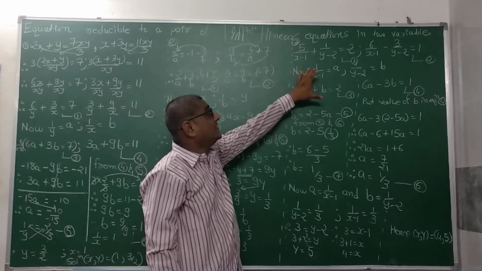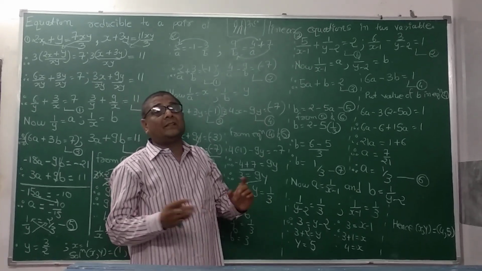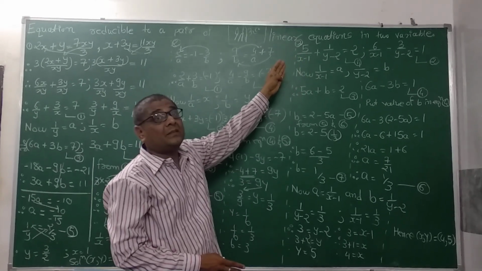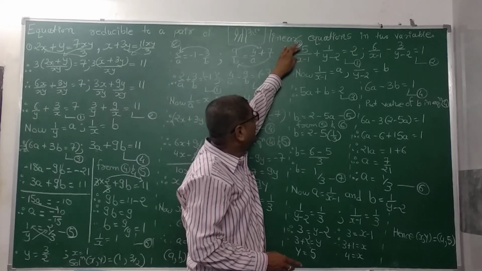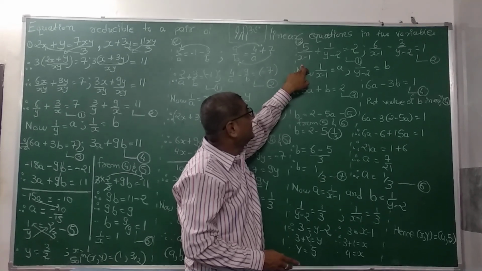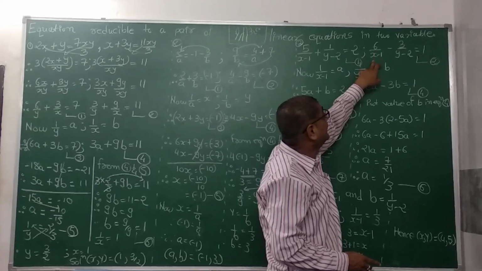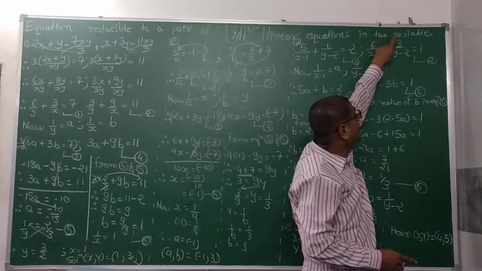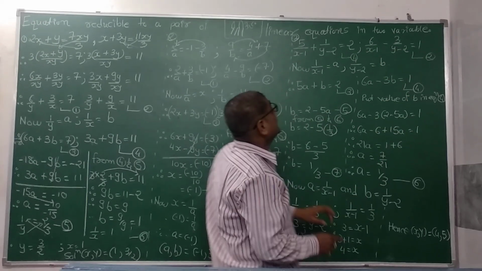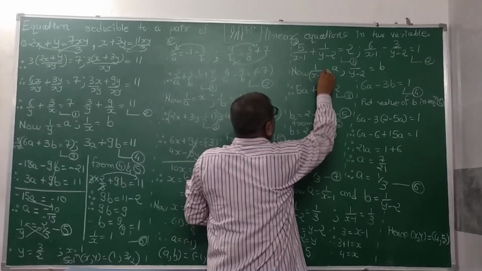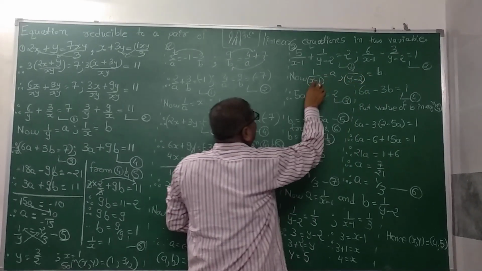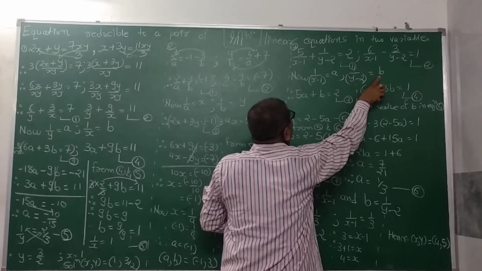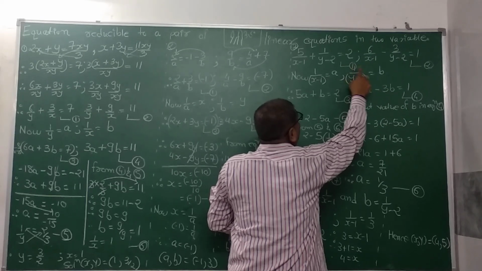Sometimes the equation is not in the form of the previous two examples, so we convert it into the standard form. And see here the speciality is that the denominator of the first term in the first equation and the first term in the second equation is the same. In the second term, the denominator is the same in the first equation and the second equation. So instead of both the binomials, we have to assume that 1 upon x minus 1 is equal to a and 1 upon y minus 2 is equal to b. Put both these values in equations 1 and 2.